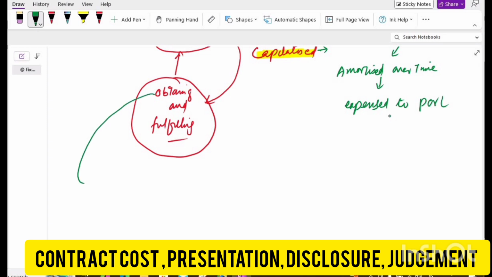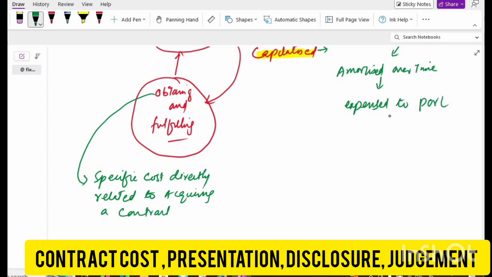Now, obtaining a contract, that cost is a specific cost that is directly related to acquiring a contract. Okay, obtaining cost is those costs which are specific costs that are directly related to acquiring the contract, and you have to